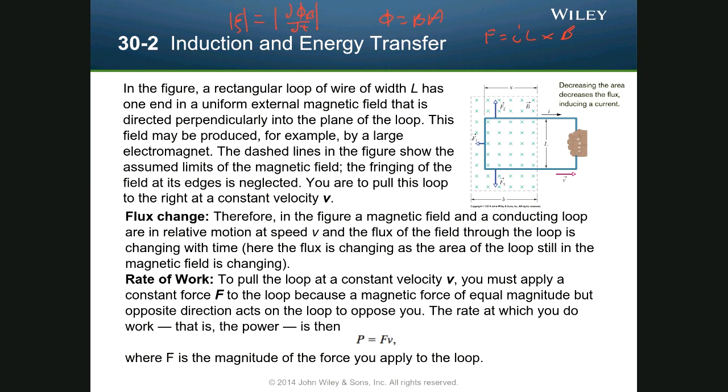So we'll have an induced current and an induced field. That will create an induced force as the current goes along the wire. Now, F2 and F3 are going to cancel out, so we don't have to look at those. But you'll notice this F1 here is going to be in the direction opposite to which you're pulling. So you're going to feel this